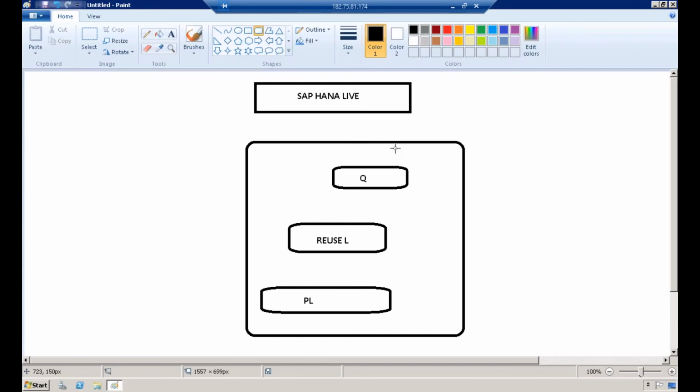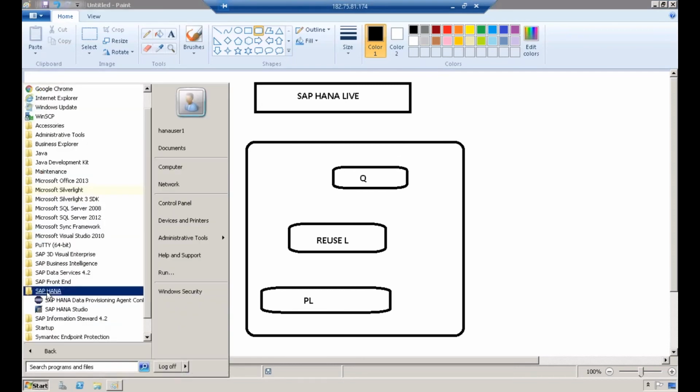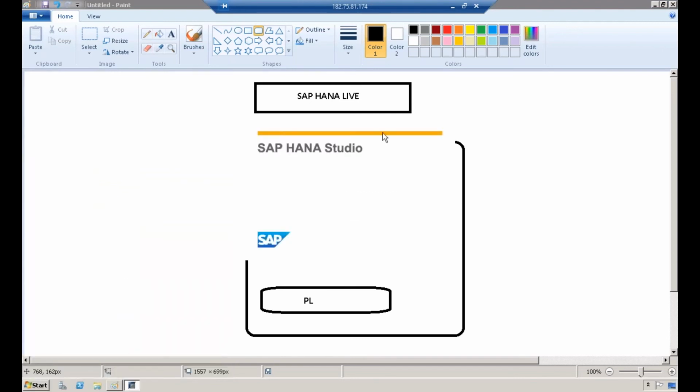To do that, I'm going to log into HANA Studio. Let us click Start, click All Programs, click SAP HANA, and click on HANA Studio. Once I click on HANA Studio,